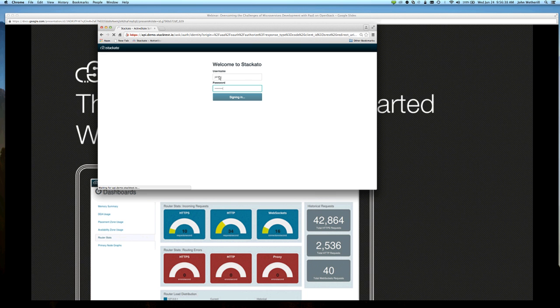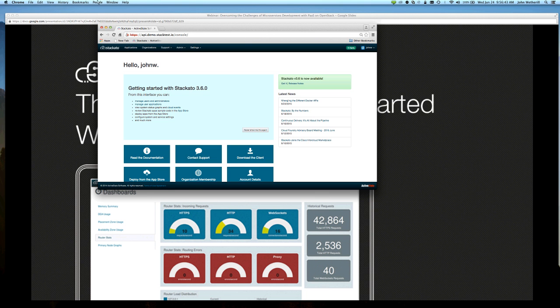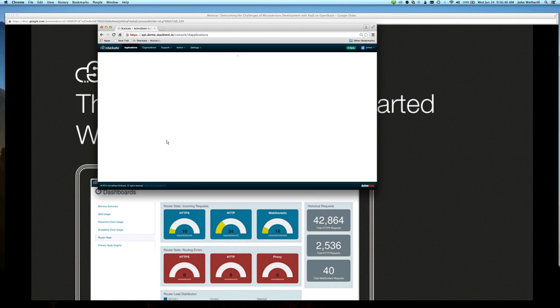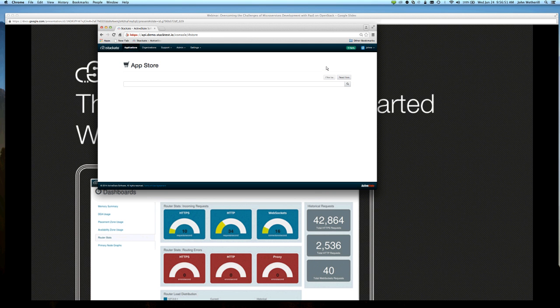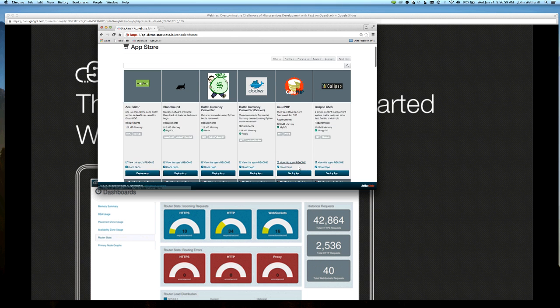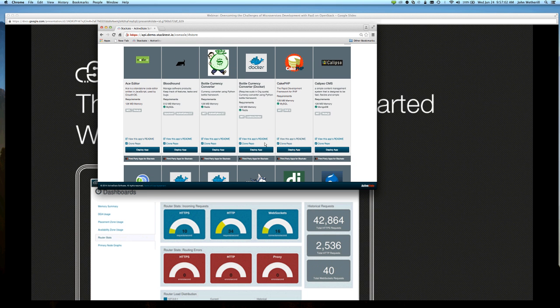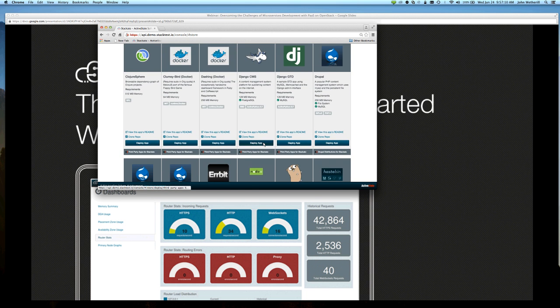Once you log in, you have access to the web console for the PaaS. We don't have a lot of time to get into this at all, but at this point, I've got the PaaS available. This is the web console to access it, and from here, I can deploy an application. We have this concept of an app store. It's a catalog of applications that are available to be instantly deployed. You'll see that there are Python apps and Perl and Ruby and Java and PHP and JavaScript apps, as well as a number of Docker-contained applications.